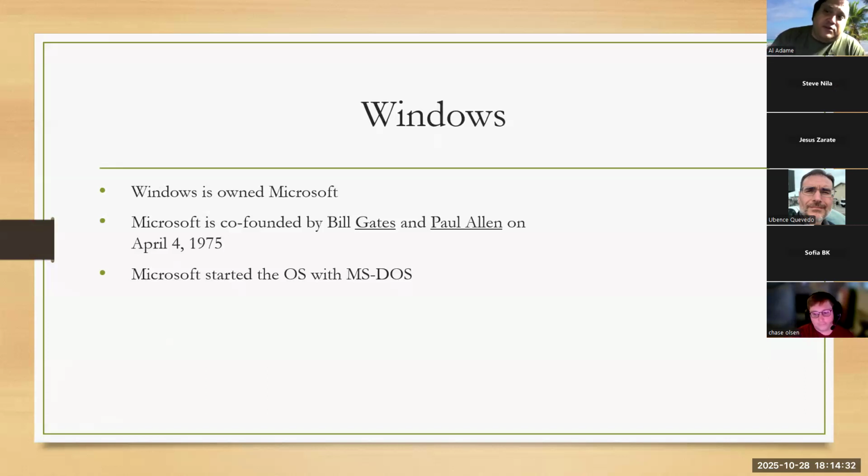So Microsoft was co-founded by Bill Gates and Paul Allen on April 4th, 1975. Microsoft started the operating system with MS-DOS. I already told you what DOS stands for, right? Dirty operating system. Story goes, IBM came knocking to Bill Gates' house, like, hey, what do you got for